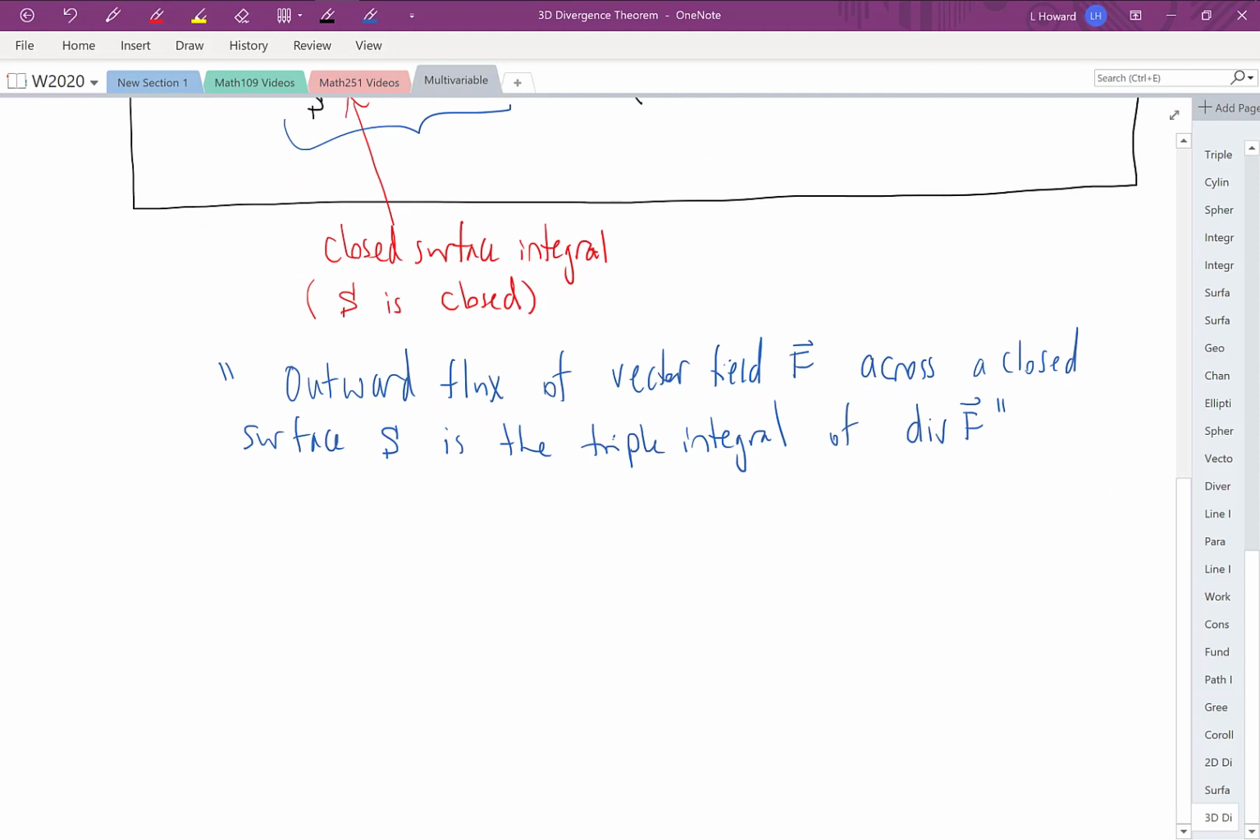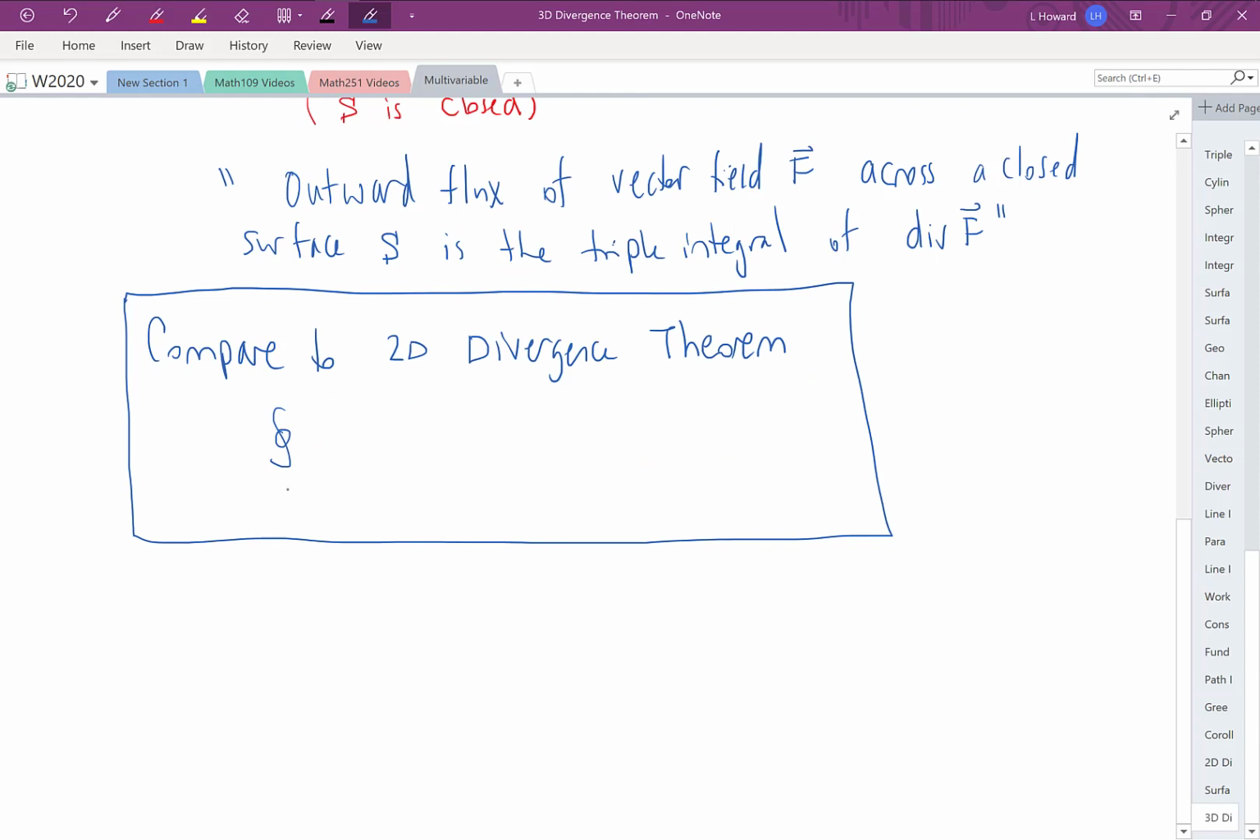Before we jump into an example, let's just compare this to the 2D divergence theorem that we saw earlier. The line integral around a closed curve C of F dot n ds is equal to the double integral over region R of the divergence of F dA. So that applied in 2D if we had some curve in the xy plane, it had to be a closed curve. We're talking about the flux of our vector field F across that closed curve. And we said, well, we can rephrase that as the double integral over this enclosed region R here of the